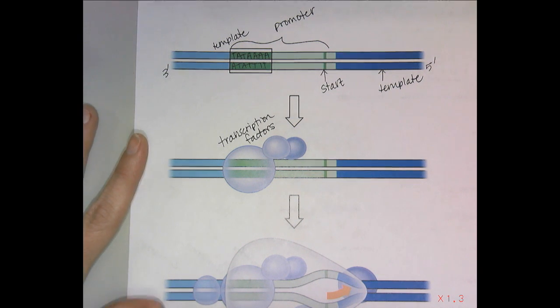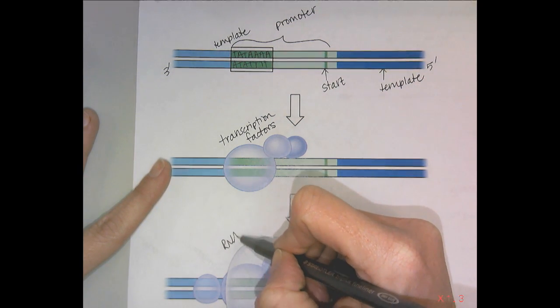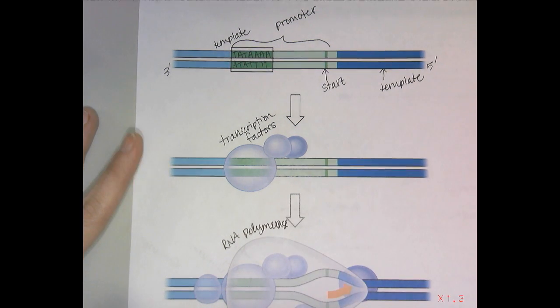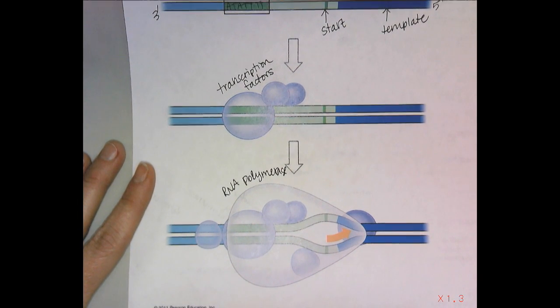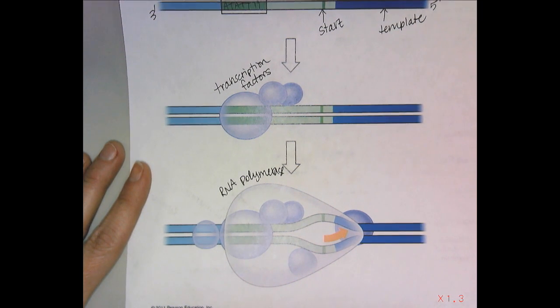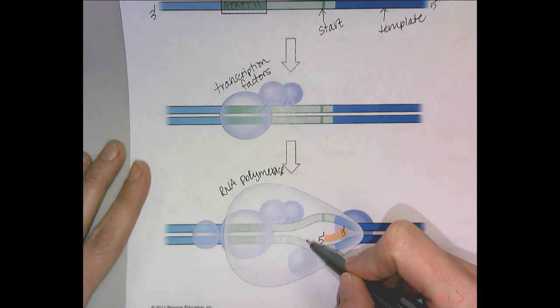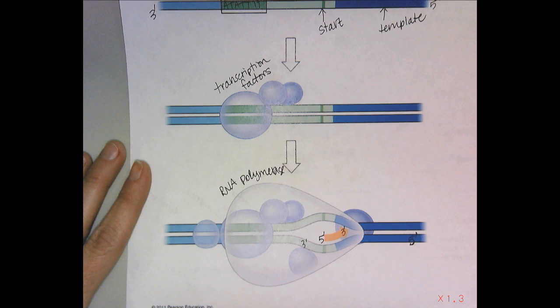All right, so the transcription factors will bind to the DNA, which then allows the binding of RNA polymerase. You can think of this as sort of a landing pad. Helicopters land on a specific spot that's been marked a certain way. So that's what's going on here: the transcription factors are binding and encouraging the RNA polymerase to bind at that very spot. So then again, our RNA molecule is going to be produced in the 5' to 3' direction along the template strand, which is read in the 3' to 5' direction. All right. In the next segment, we'll talk about more detail of how exactly RNA polymerase is able to copy